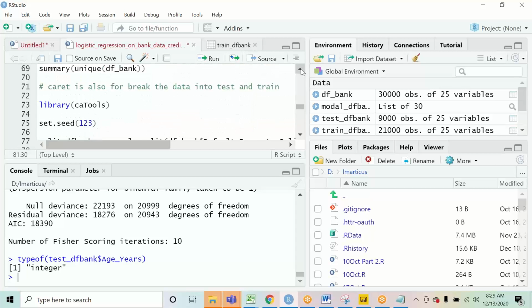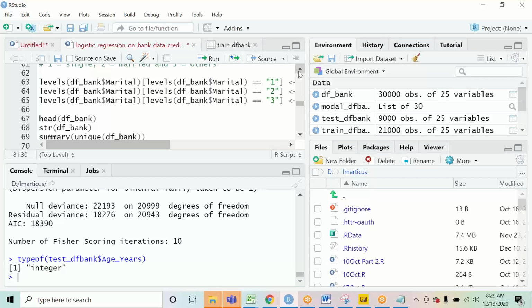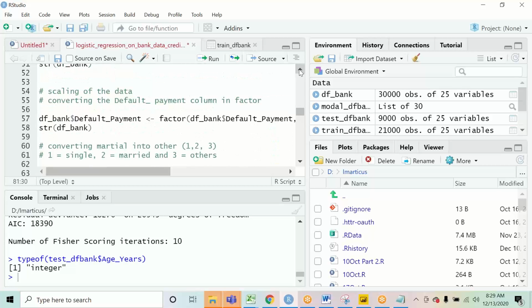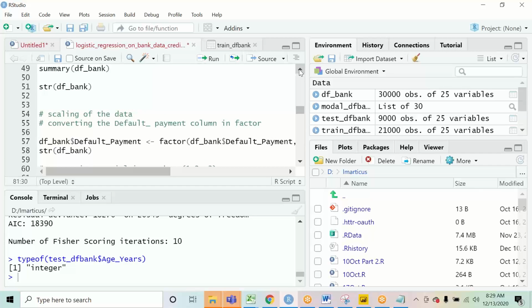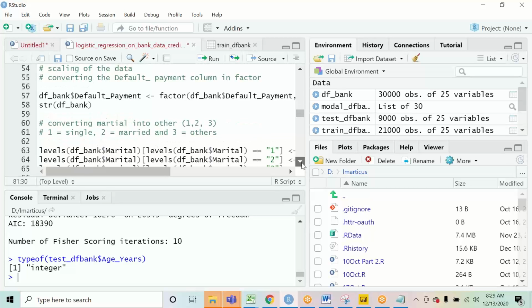Amit, I have one more question. In a logistic regression, we are creating a model, so we see the summary of the model. All the significance we can fetch in another new model, and we are predicting on this model. Why do we do this?